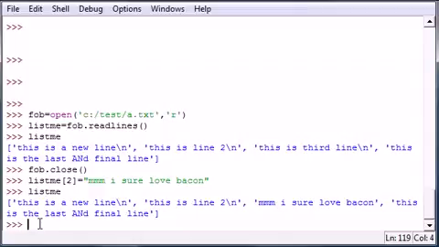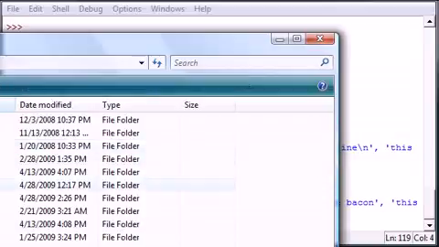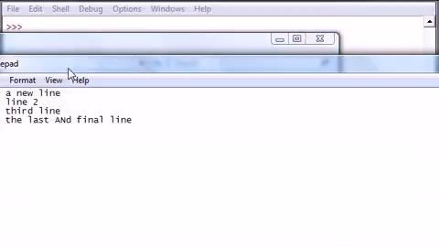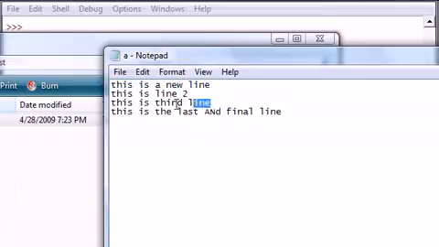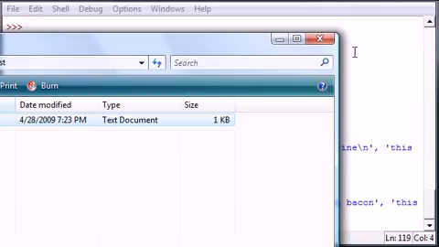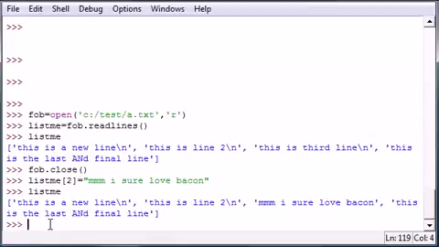So let's go ahead and write that, and I'll show you guys what I mean right here. Computer C, A right there. As you can see, this is our document. We didn't change it yet. So even though we changed it using our program, we didn't change the actual file yet. It still says this is third line, and we don't want that. So let me go ahead, and we need to make a new file object, and we'll make this one an open object, and a write object. So let's go ahead, and as our first parameter, you guys should get good at this, test.a.text, and make this a write, since we want to write,